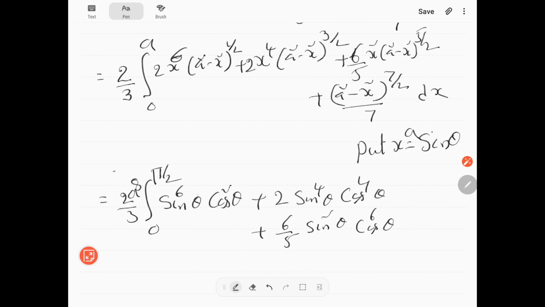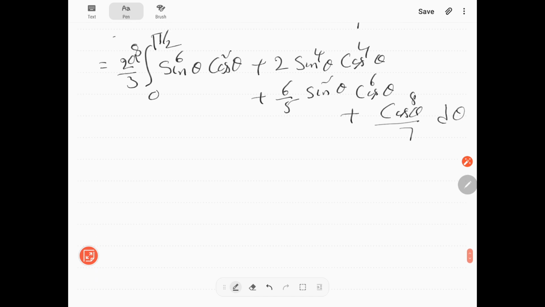You observe the sum of the powers of sine and cos always will be 8: 6 plus 2, 4 plus 4, 2 plus 6. And one more term here you'll have. So cos power 7 into another cos, that is cos power 8 theta by 7 d theta. You integrate this. I think all of you know the integral of sine power m theta; if you use those reduction formulae from your intermediate, here you will have, if I somehow simplify these two,